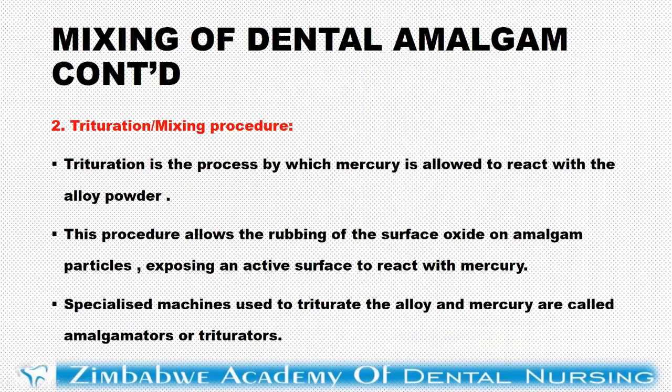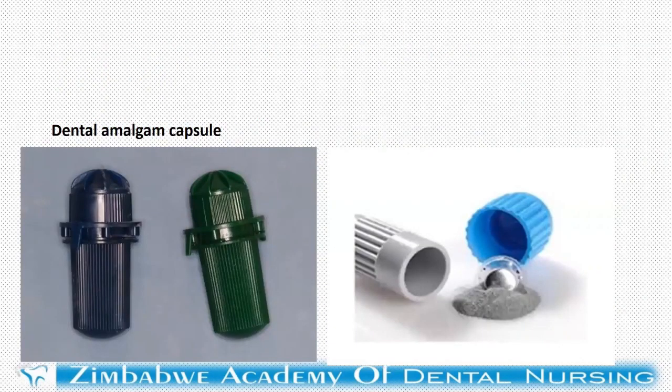So that's the trituration mixing. On your left there, that's the dental amalgam capsule, the pre-capsulated dental amalgam. There are different types, different colors, even different sizes. We talk of spills: single spill, double spill, triple spill, and so on. On your right, it shows what's inside once you